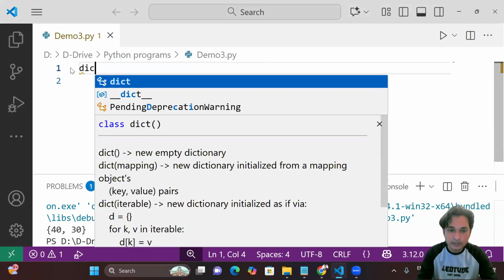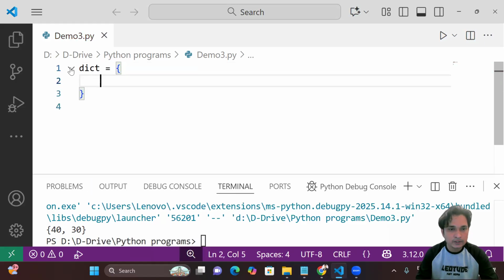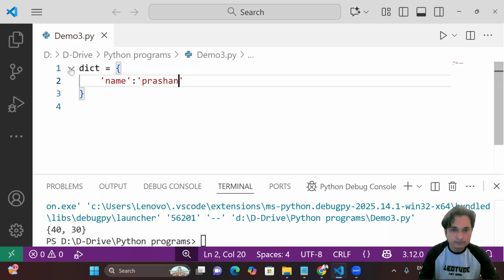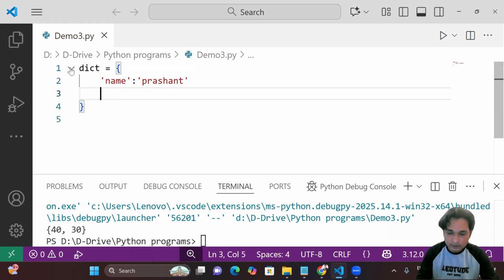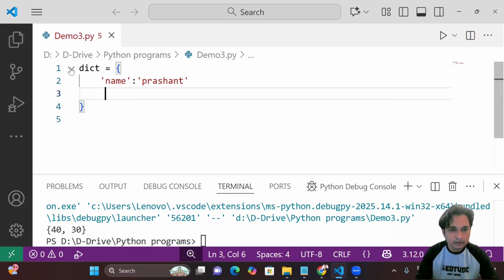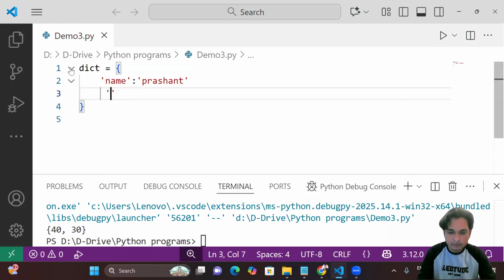I'm taking a very simple variable for the dictionary, and I'll take the key value pairs. I'm taking a key, like name as a key, and colon Prashant as a value. Then I will take mobile. For example, roll number. Let me take it as a string, because this is a string. Roll number as a key, and